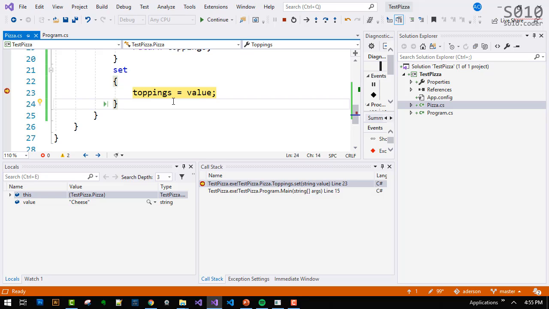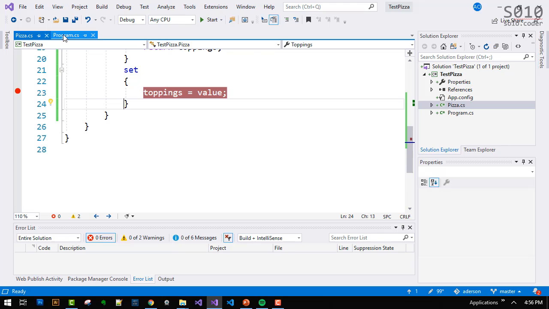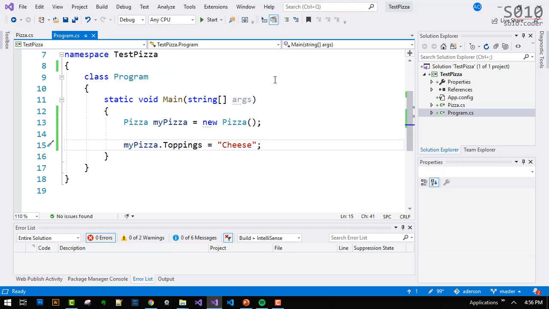Okay, so as I was saying, I'm not going to press the shortcut, I'm going to click the button here. So if I go a step over, now toppings is cheese. Okay, so toppings became cheese. So when we do this, we use the setter. When we do this,